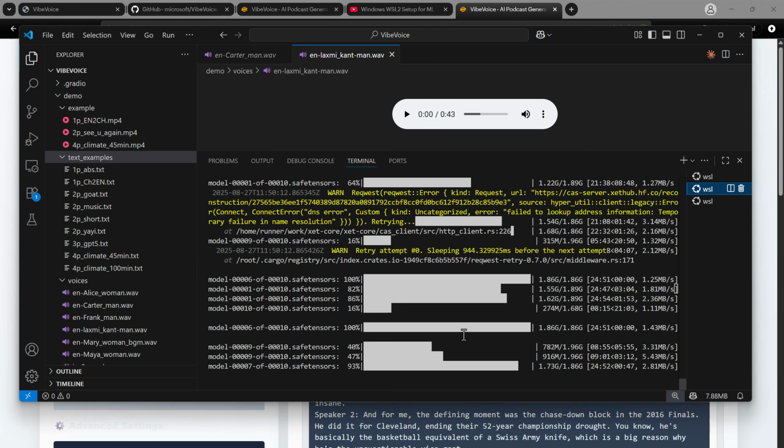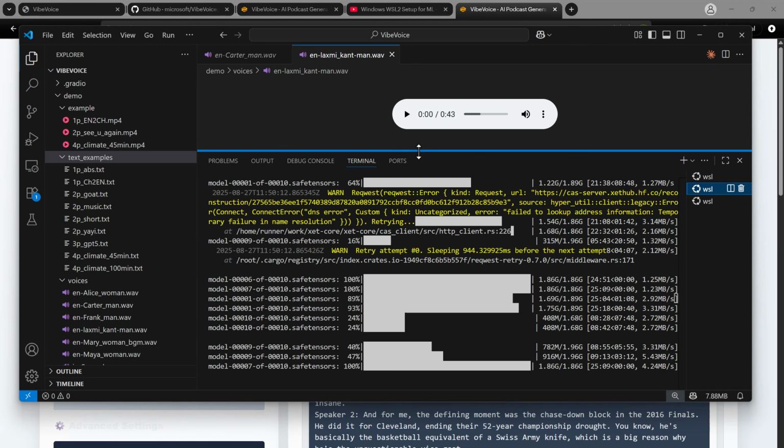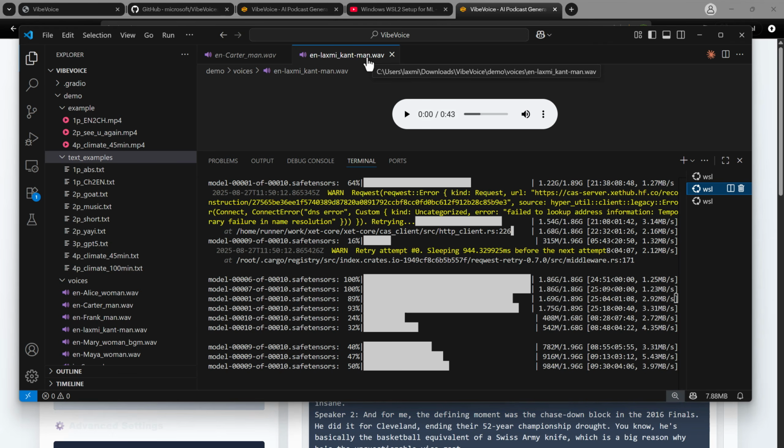But the problem with that model is that it needs a lot of memory. All right, it needs at least 24 gigabytes of GPU RAM to work properly. But the 1.5 billion parameter model works perfectly if you have 6 GB of GPU or 6 GB of RAM. So I suggest that you work with the 1.5 billion parameter model. All right. So there is one person. Now you can bring anyone's voice here and you can simply clone this.